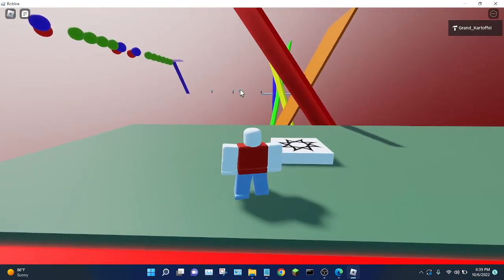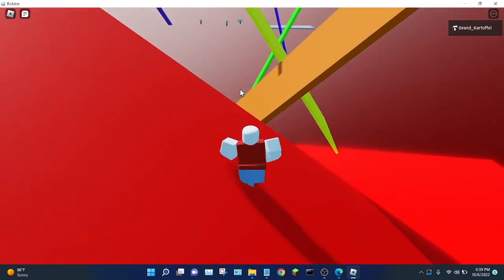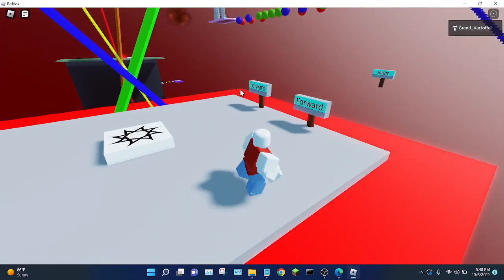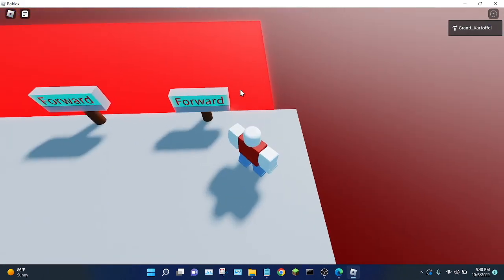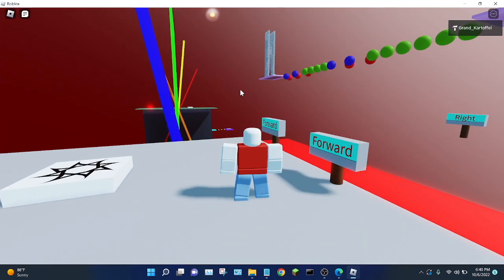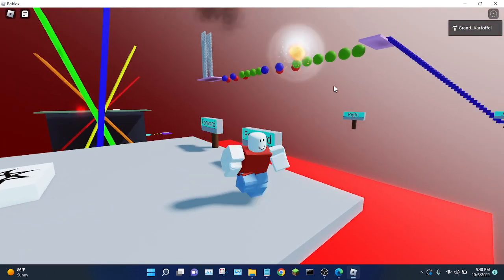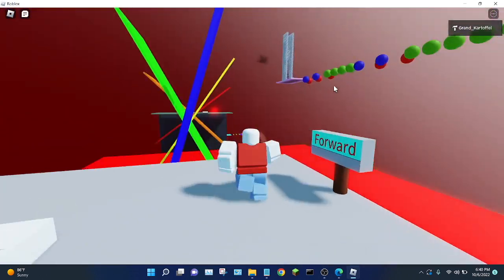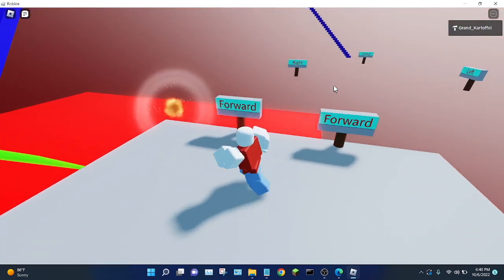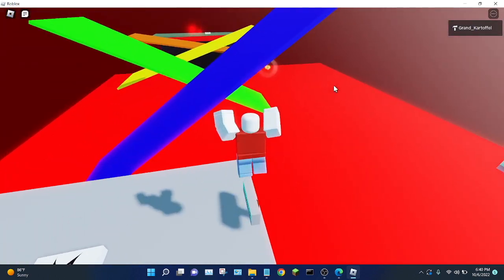Okay, I didn't die. This next part is this rotating rainbow road. Lastly, we have an invisible path section, and the rest of this obby you'll get to try out on your own. The reason this ranks so low on the list is because most of the coding students that I have who got to play this didn't really like the obby. I just think that it was because the obby was hard. I don't think this is a bad obby, but if your audience isn't liking it, it's not a good game. So this is number 30.